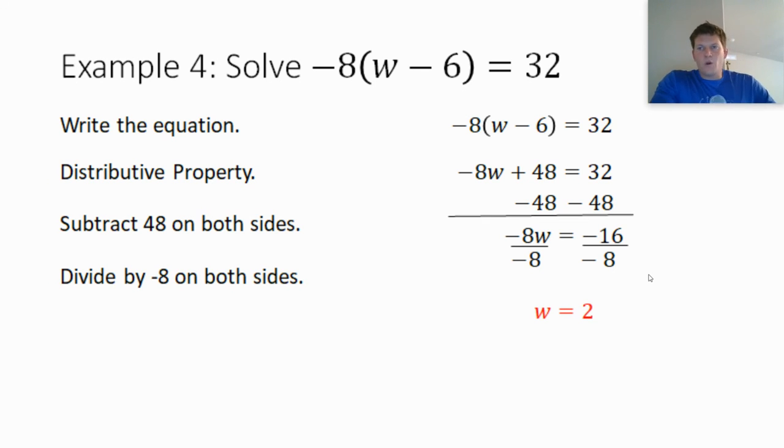So, quick summary. We had variables on both sides. Took a couple extra steps sometimes, but we were able to answer the problem. We had variables with parentheses, or equations with parentheses. We took that distributive property step, then a couple more steps that we've seen before, and we could solve those equations, hopefully without any problems.